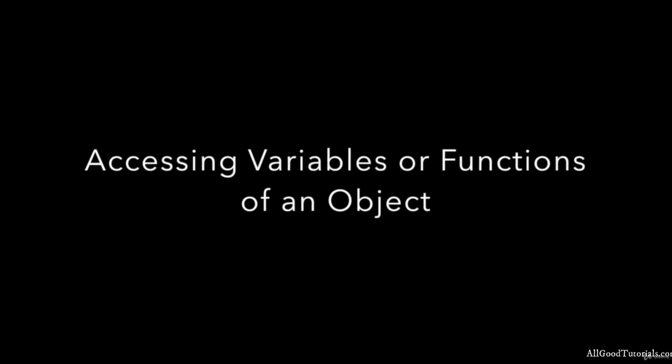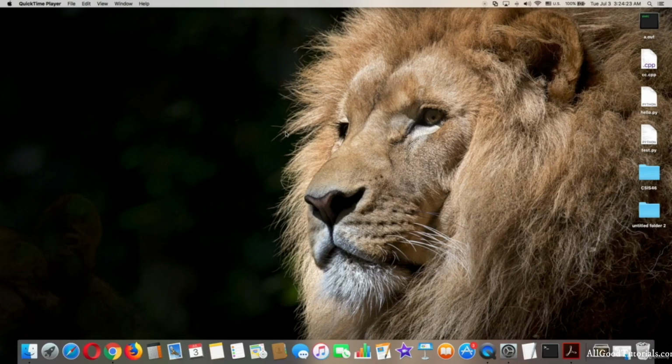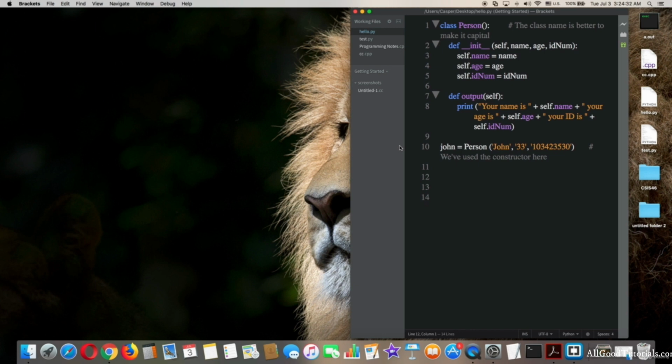Accessing variables or functions of an object. If you have a class object and you want to access its variables or functions, it's really easy to do so. First, open brackets. As you can see, this is our previous code. So to access class objects, variables, or functions,